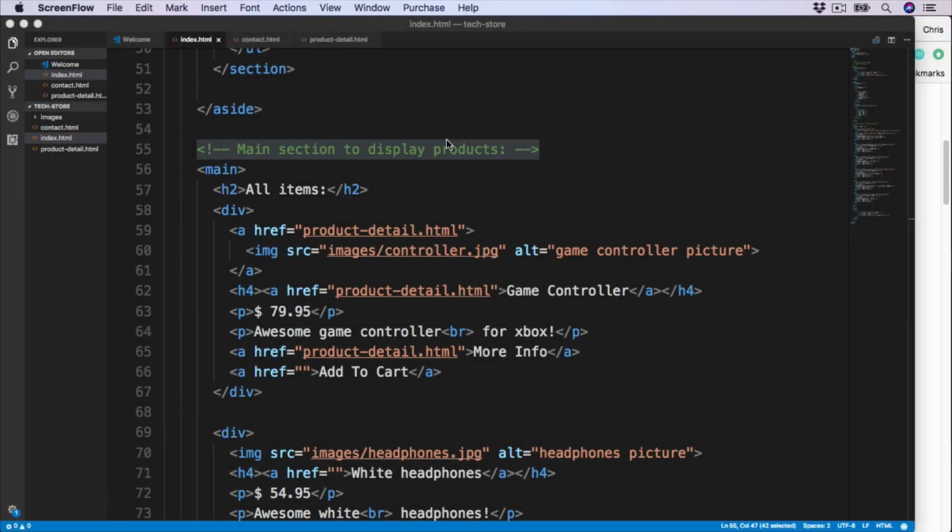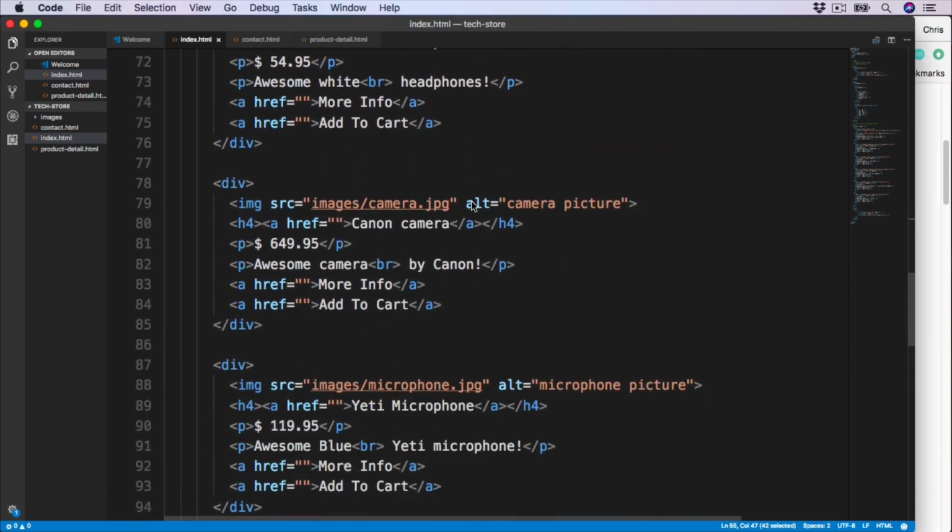And I want to show you a way to add some nice looking visual symbols to our websites and how to display certain reserved characters using HTML entities. Before we look at HTML entities, let's take a look at why they are needed by adding to one of the product descriptions. So for example, if we go down to, let's say, the camera,